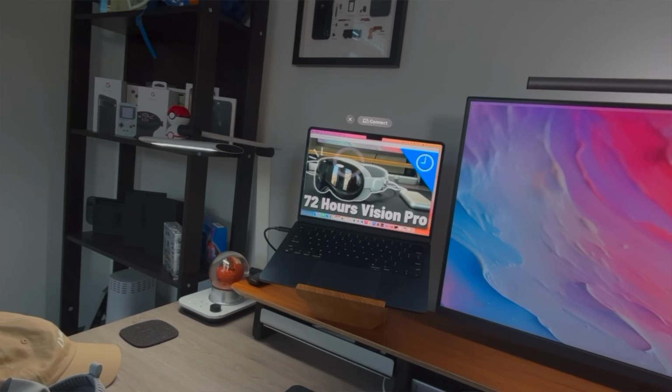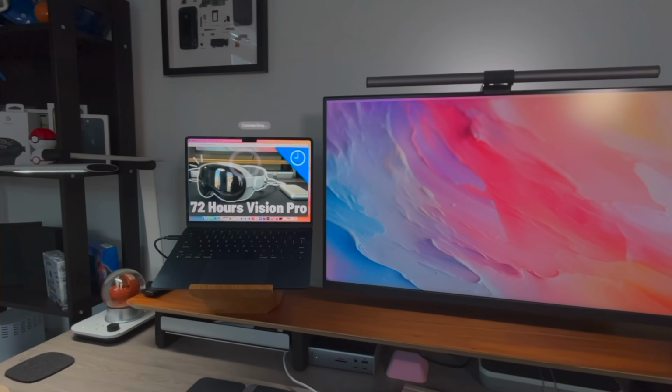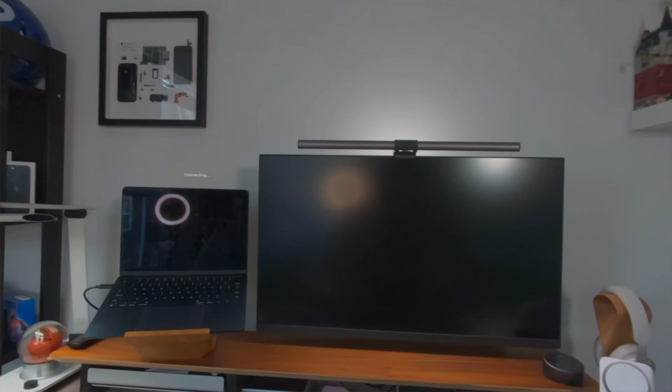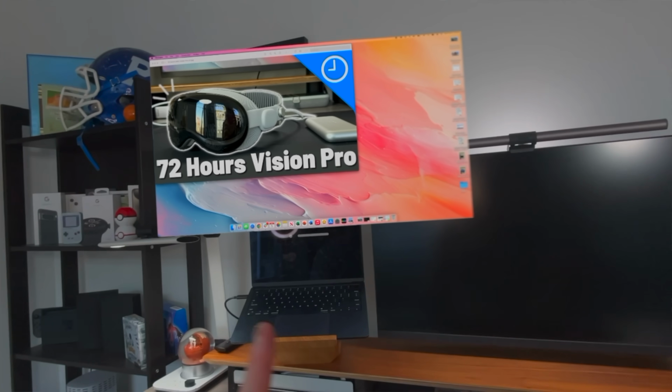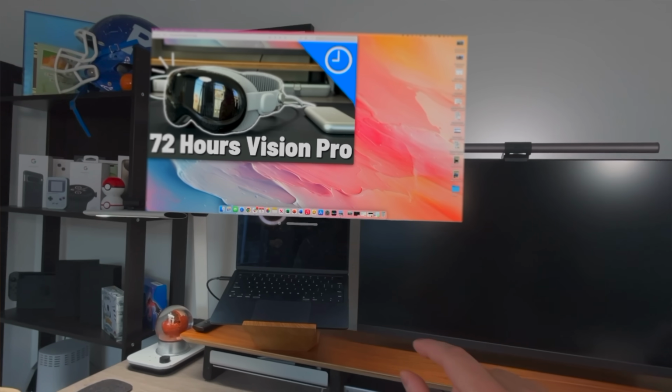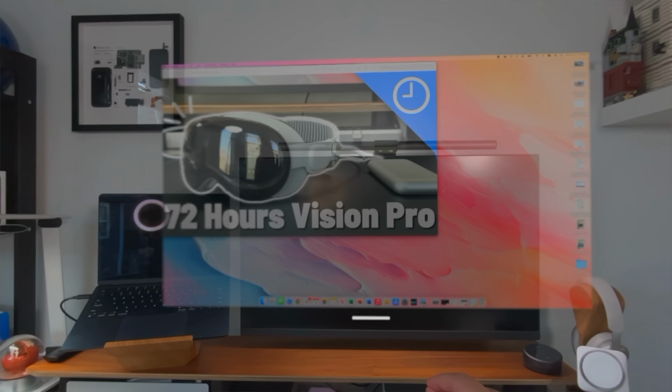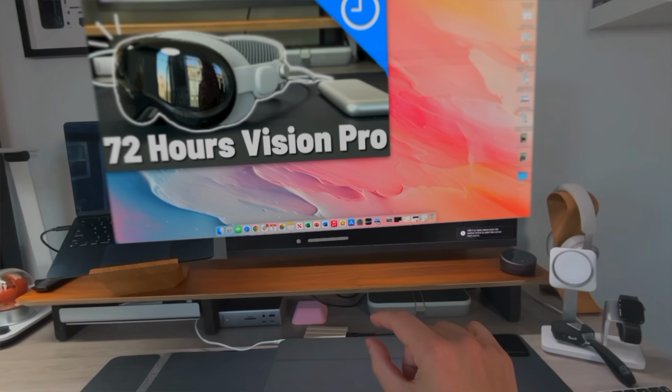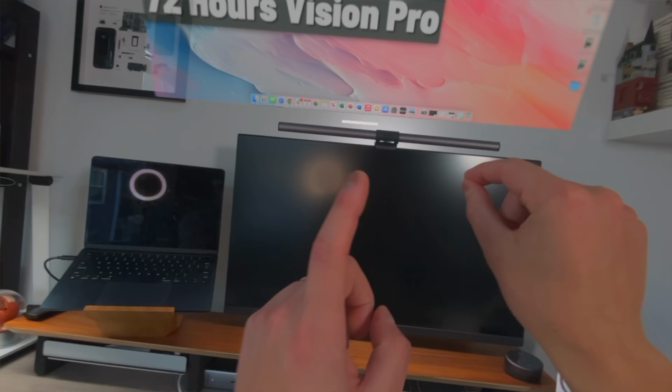I, for instance, don't even have it anymore because I ended up selling it. With the latest version of Vision OS, we can now actually have a virtual display for your Mac computer. So I just wanted to highlight this. This was available at launch when it first released, but it was a little bit kind of watered down. But now you can have these crazy ultra wide and immersive monitors to be able to use your macOS computer